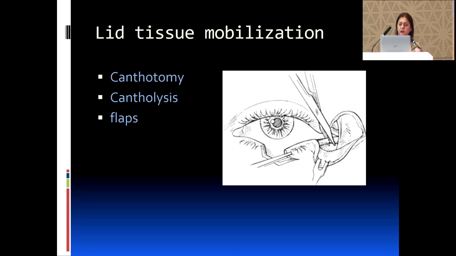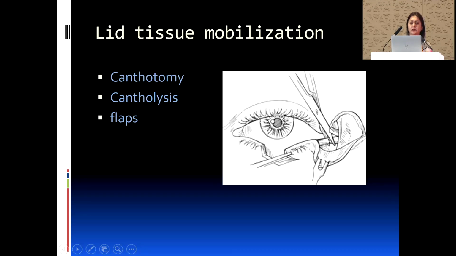Simple things like tissue mobilization, undermining of skin, releasing the canthi so that we can further pull the lid and do the suturing tension free. So canthotomy and cantholysis is basic in lid reconstruction. For canthotomy, you just take artery forceps, go to the lateral canthus, press it, and then give it a nick. And for cantholysis, if you can see this figure, from the surgeon's side,